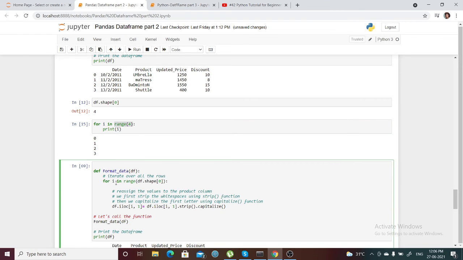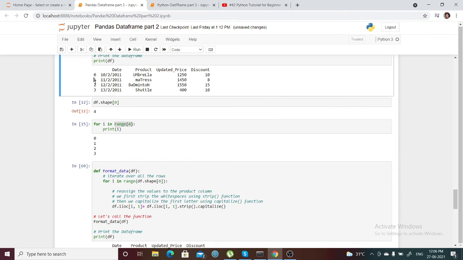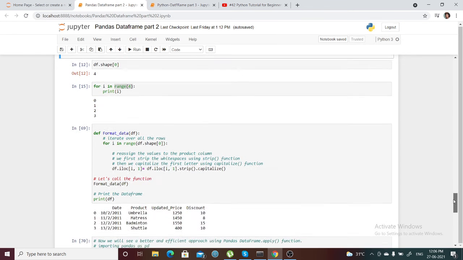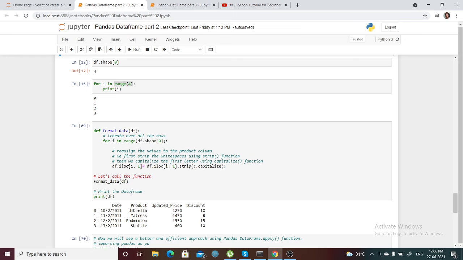So here actually it will just iterate through 0, 1, 2, 3. What I mean here is it will iterate through all the rows, right? 0, 1, 2, 3, all the rows. Okay, so yes,